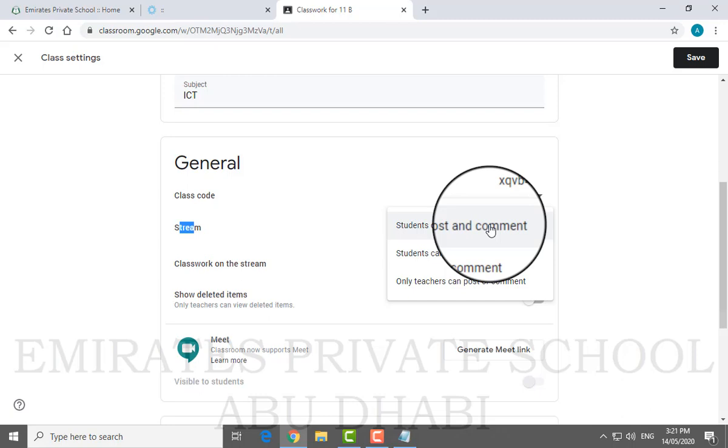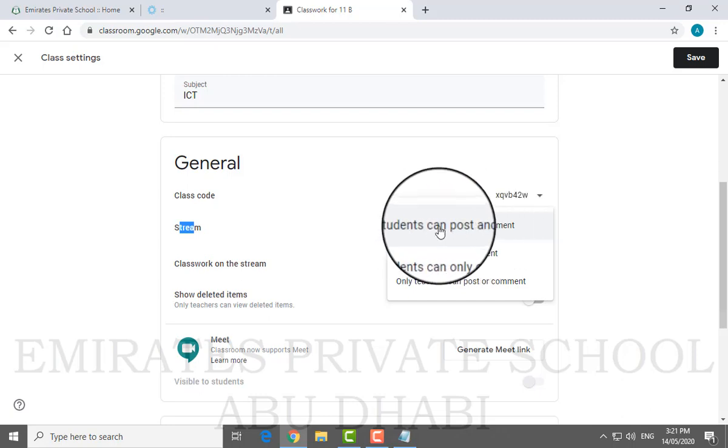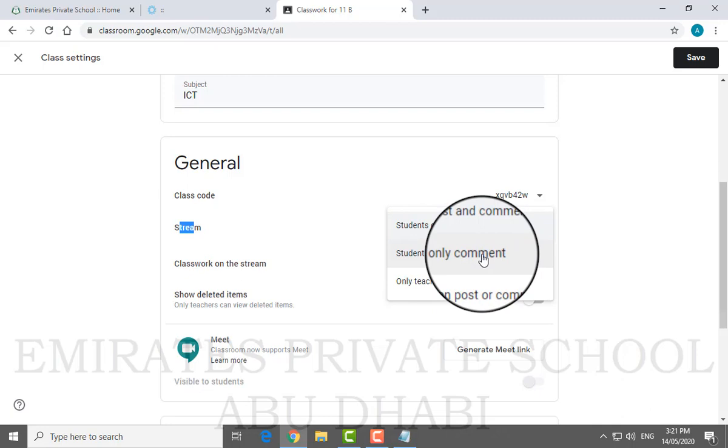And remember one thing, whatever comes over here is synced with the EPS website, so even if you delete from here, it remains on the EPS server. We have not given that right to delete from the server. The second option is student can only comment. So if you as a teacher have created a post, students can read that post and comment on it, write their opinion, whatever they want, but they cannot start a new post or a discussion.